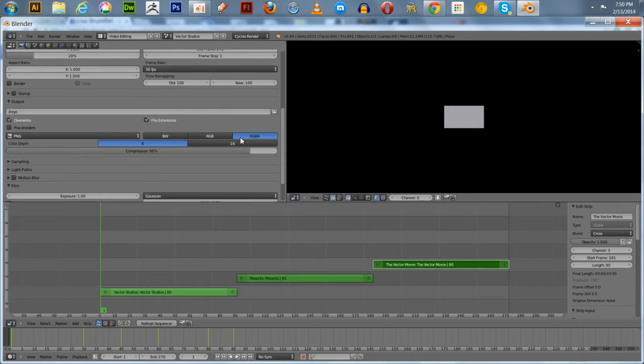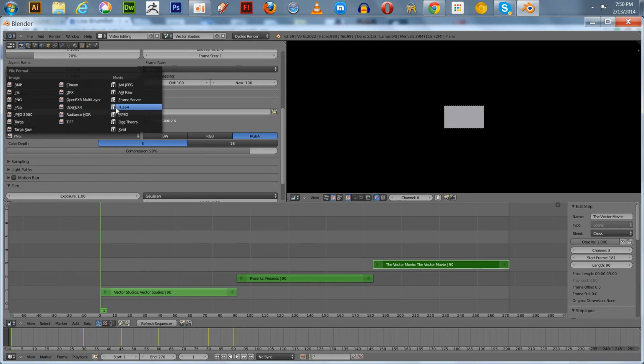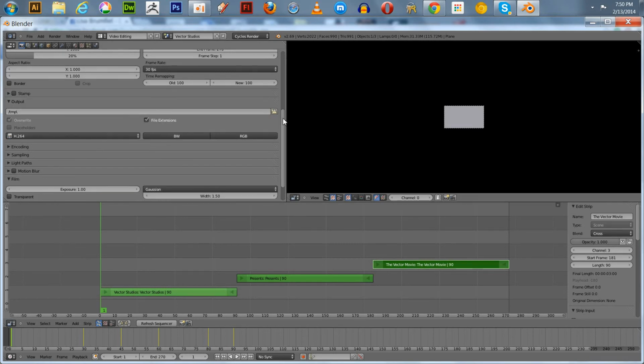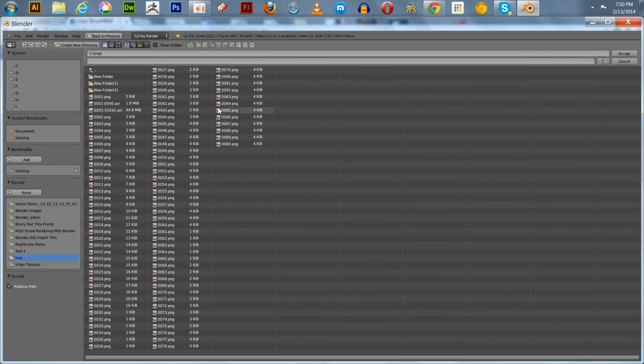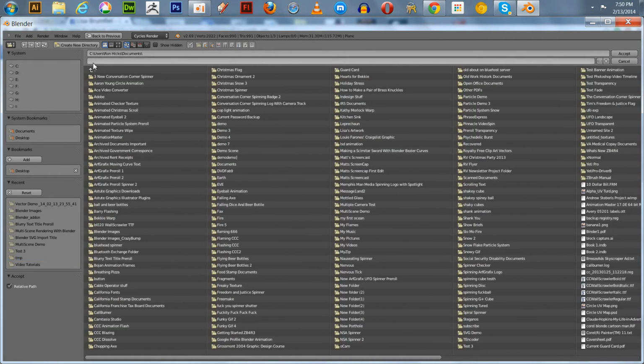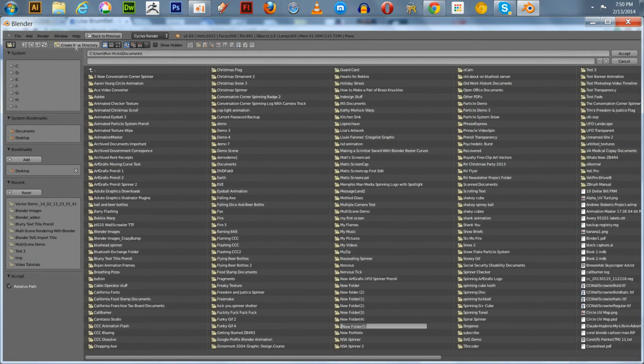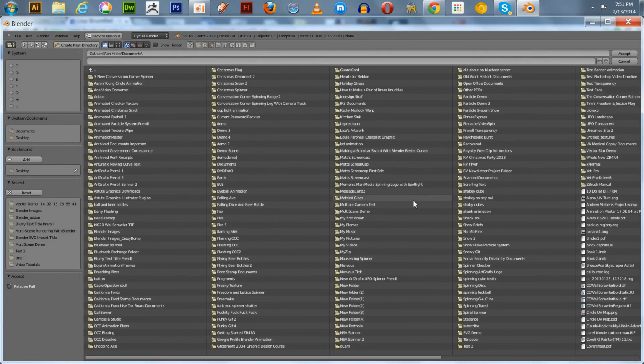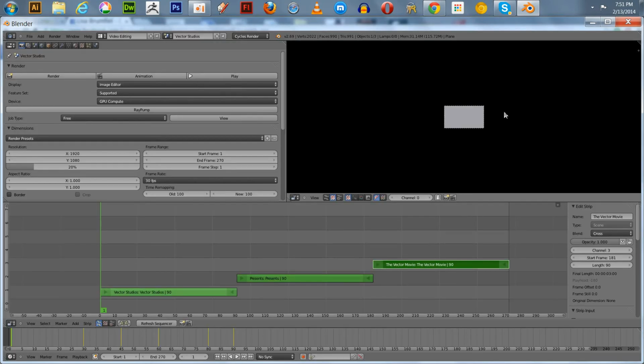We want to do it as H.264 because we want a little short movie, and you can set where you want to put it. Now create a new directory, and we'll call this vector blur demo, and then you have to go find it. Once you name it right there and hit accept, and now